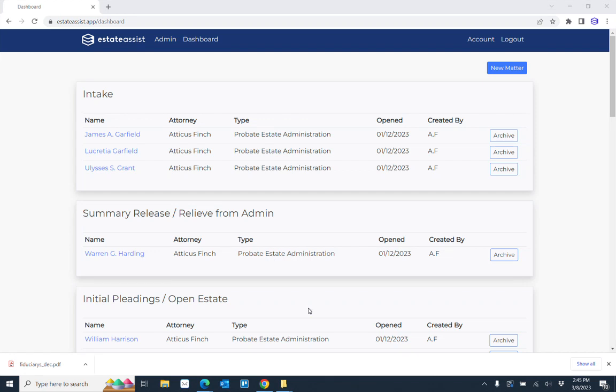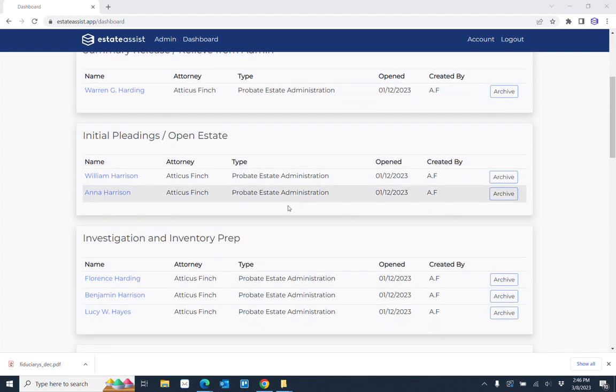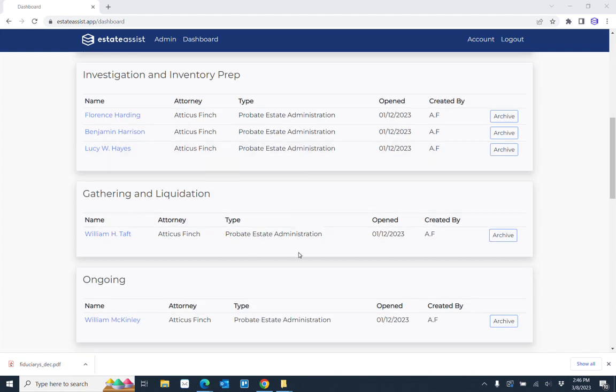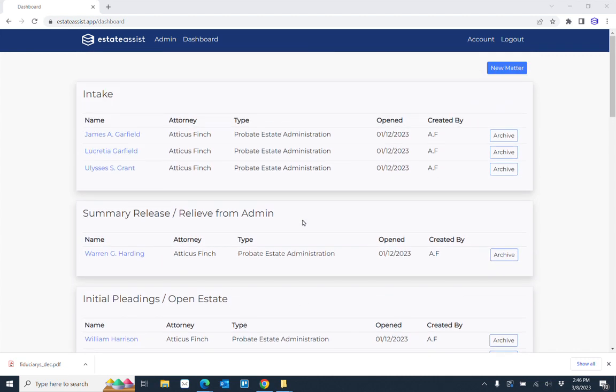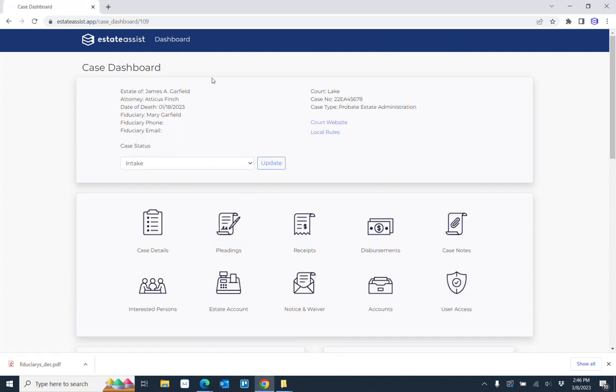One feature that EstateAssist includes for organization is what we call case status updates. Looking at this case dashboard, you see that our cases are in different categories of some of the general steps through a normal estate administration. And so when you go into a case dashboard and you have your specific case information and access to all